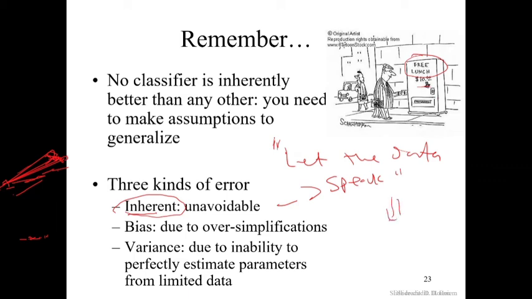Another principle in machine learning is keep it simple. Start with a simple algorithm. Don't go for a complicated algorithm, we're wasting time. Work on your data set rather. A simple algorithm will work for you rather than going for maybe ensemble, hybrid, and some other complicated systems. Of course, sometimes, no matter how you work on your data set, the data set is just bad. Then you have to use a complicated algorithm to see how you can get it solved. So bias is due to oversimplification. You think the problem is too simple, you didn't pay more attention to it. It's dangerous. Where variance is due to inability to perfectly estimate parameters from limited data.